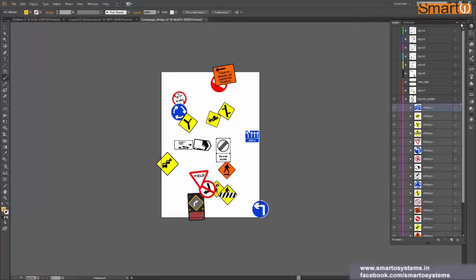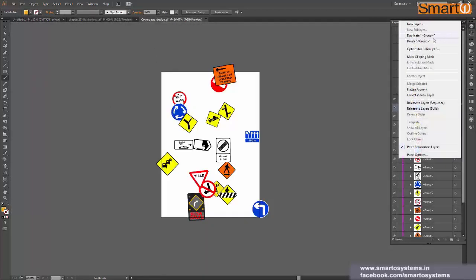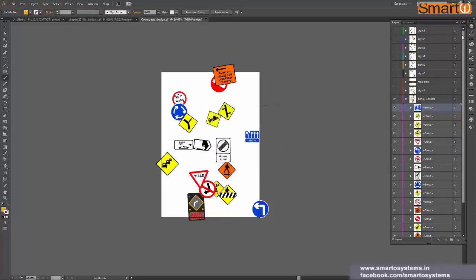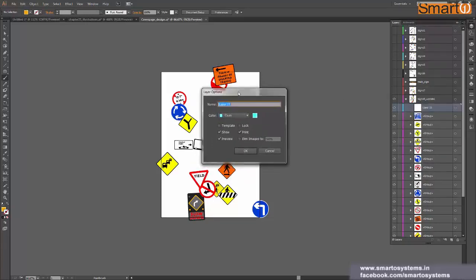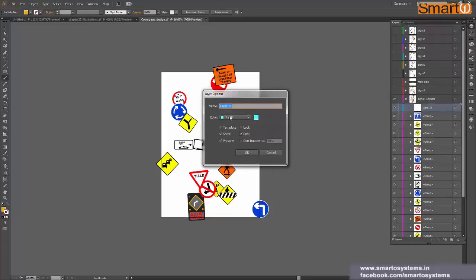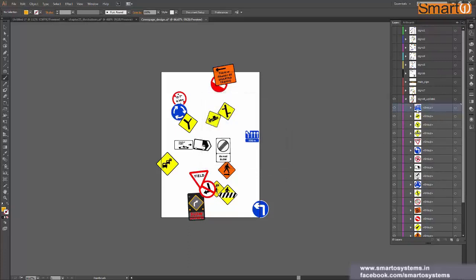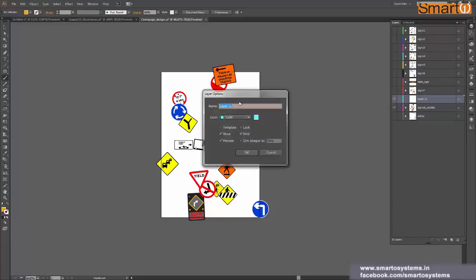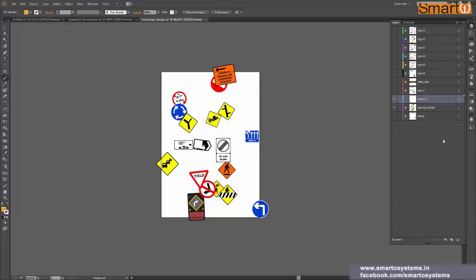Okay, now let's see the last option we have available here, which is called new layer. We have seen this option before from the bottom right icon, which is also a new layer. It works the same way, it just creates a new layer. The only difference is when you create it from here, you get this option window just after creating a layer, and you can rename all these things. From the icon you don't get this option. It just creates a layer and you have to manually open the layer options and change all the settings yourself.